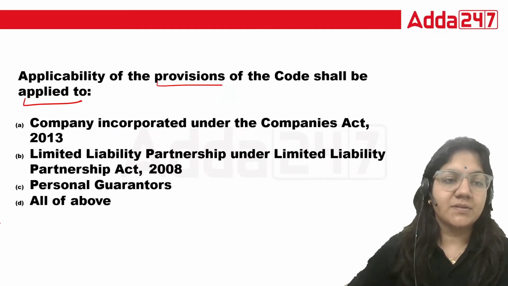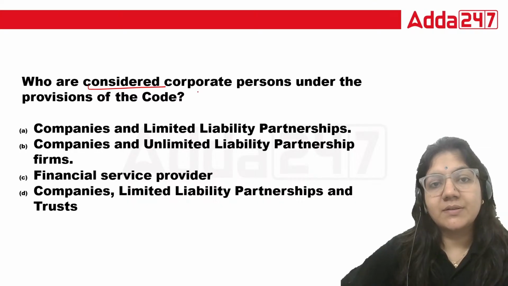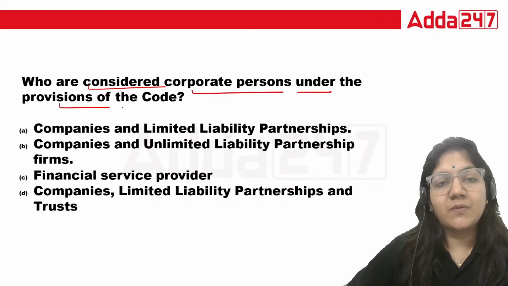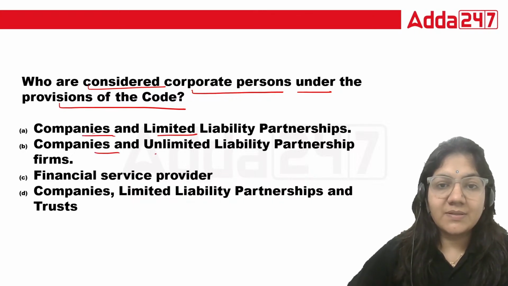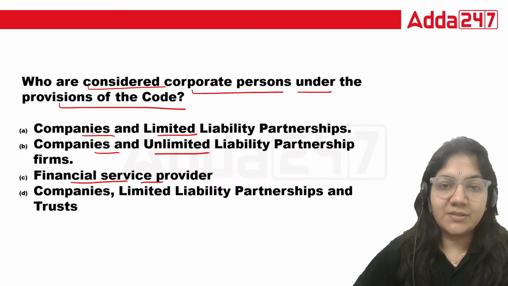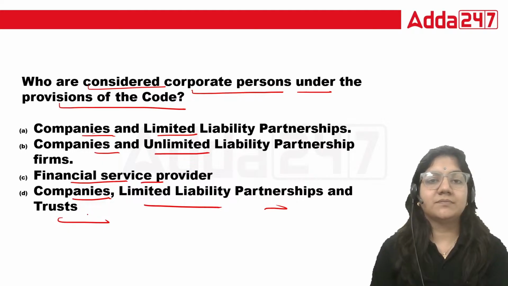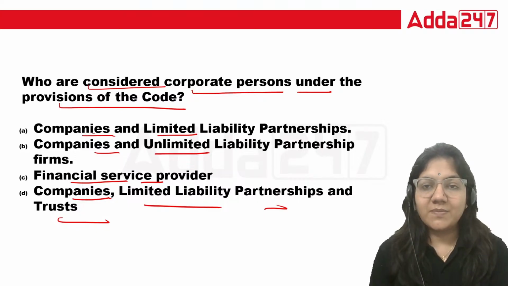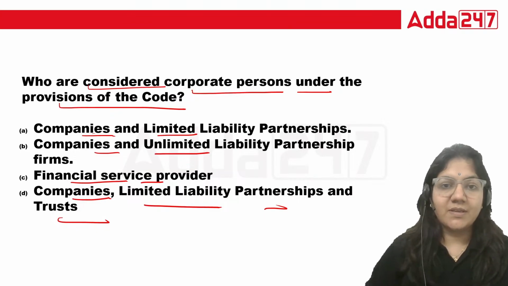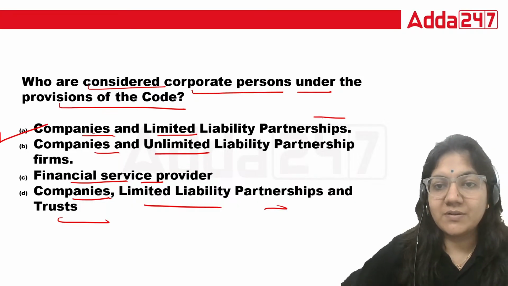So the correct answer is all of the above. Okay, next. Who are considered the corporate person under the provision of this code? Company, LLP, companies unlimited, financial company, LLP, or trust. So guys, the right answer is companies and LLP. Their matter will be solved by the